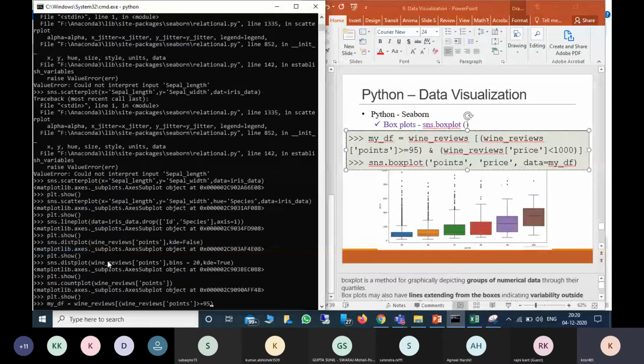So you can consider 95, 98. Just I am considering the points greater than 95 and I am considering one more condition, that is wine reviews price less than 1000.